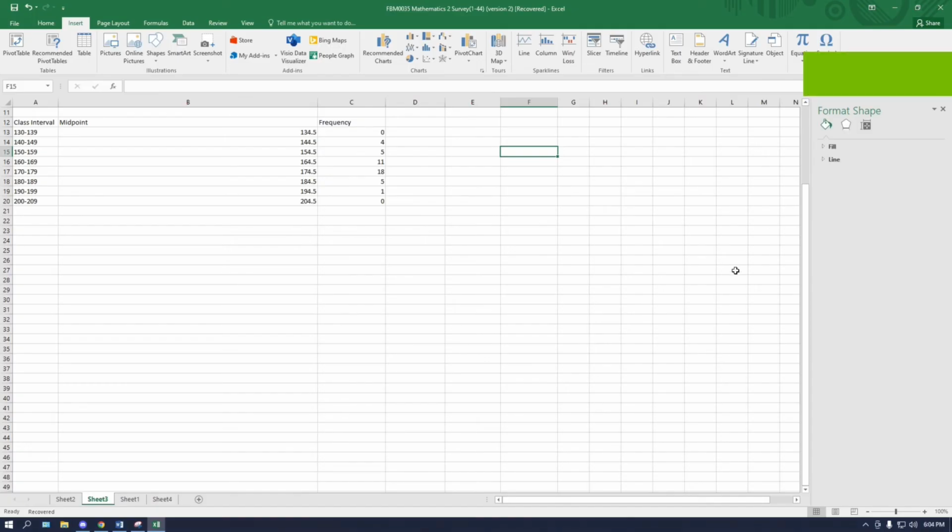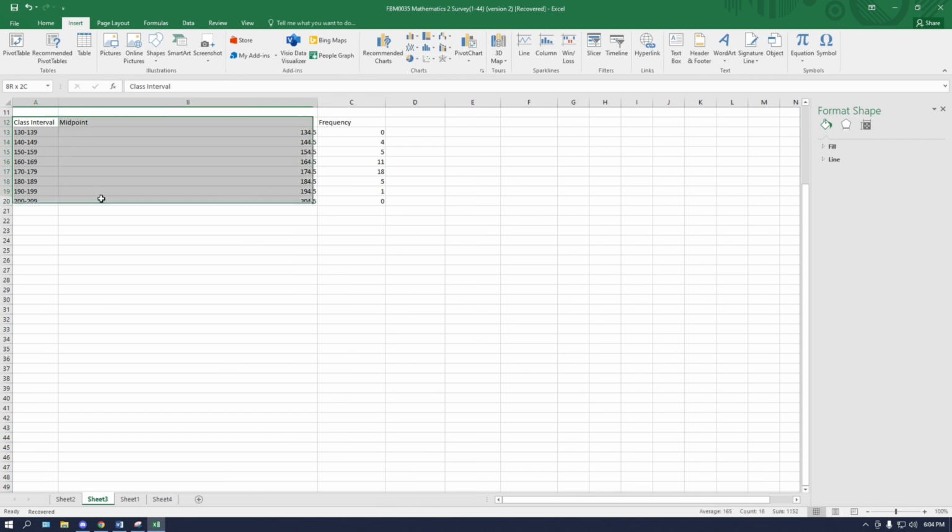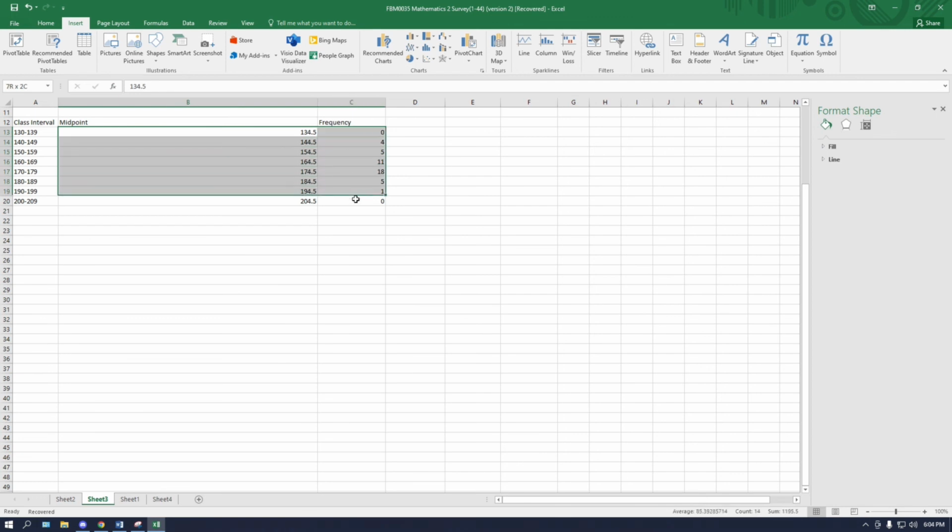Alright, so for our frequency polygon with continuous data, firstly we'll have our class interval, and then from our class interval we'll find our midpoint, and then we also have our frequency. But before that, we'll have to add one class each before and after, so that it will turn out into a frequency polygon graph. And then from here we'll take our midpoint and our frequency, and we'll go to insert,